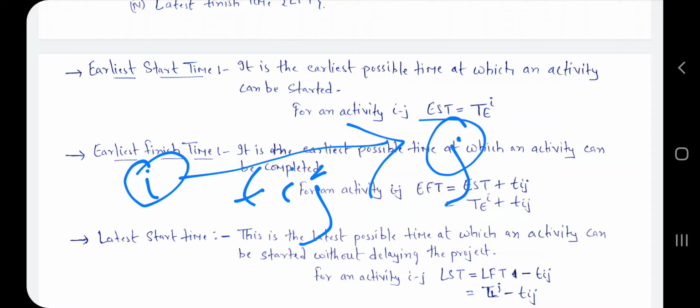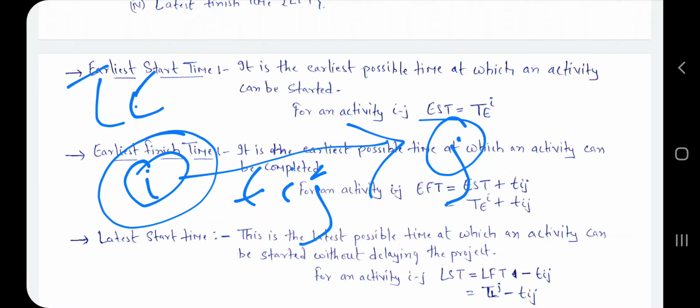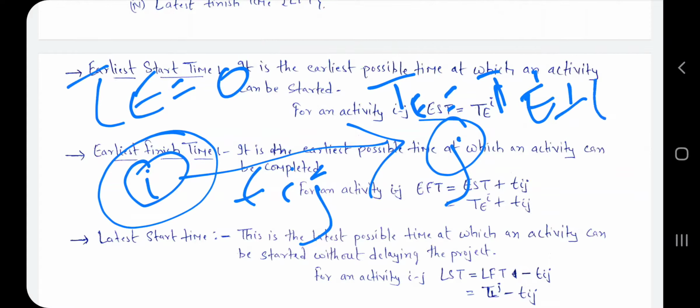Now we have to find the earliest start time. For that we need the earliest occurrence time and latest allowable time. We know that at the starting point TE is equal to 0. Here we get TE of J equal to TEI plus Tij.